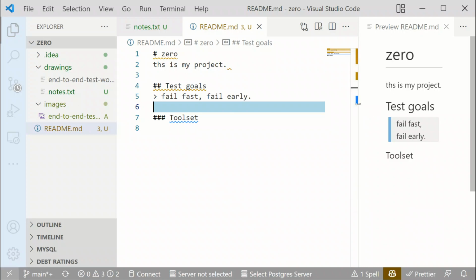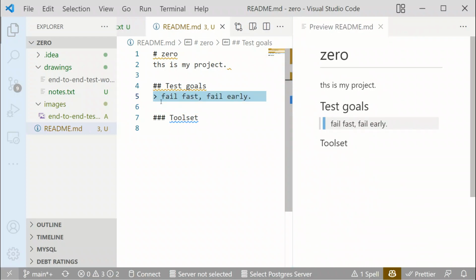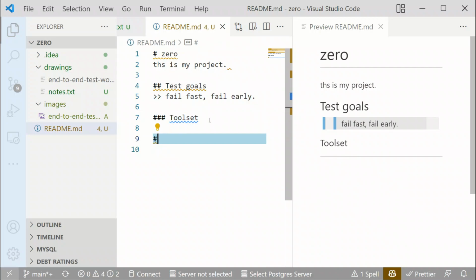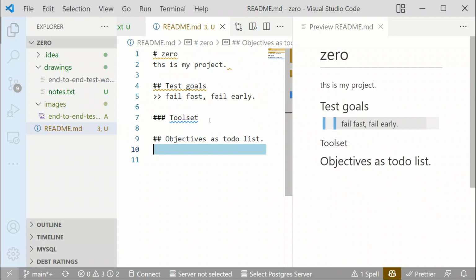If you want, you can make this comment even deeper by just adding one more arrow, right? So that's another way in which you can add a comment. If you want to write some to-do lists, like I like to add my objectives as a to-do list, right? It's very easy. The way you can do it is you write a dash, you give a bracket, give a space in between, and then you can write, for example, to write atomic tests,